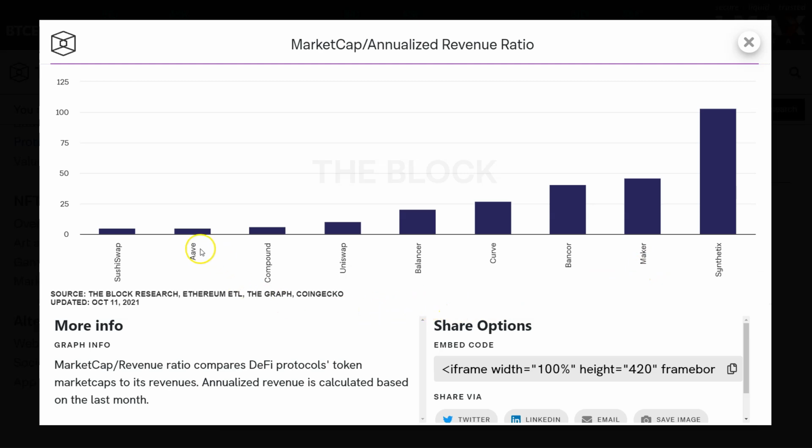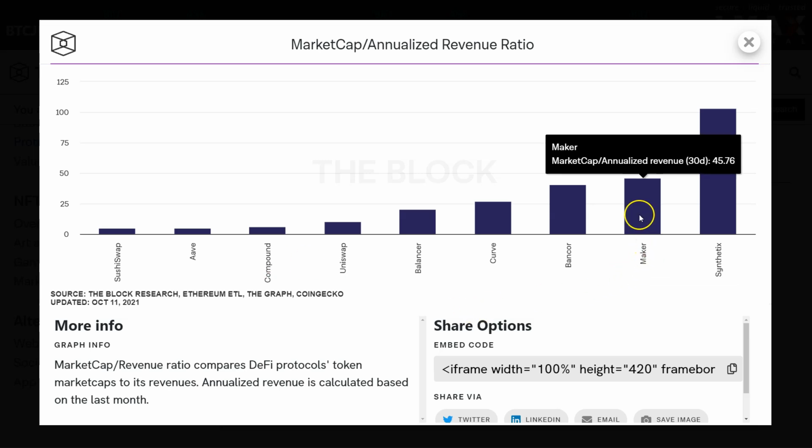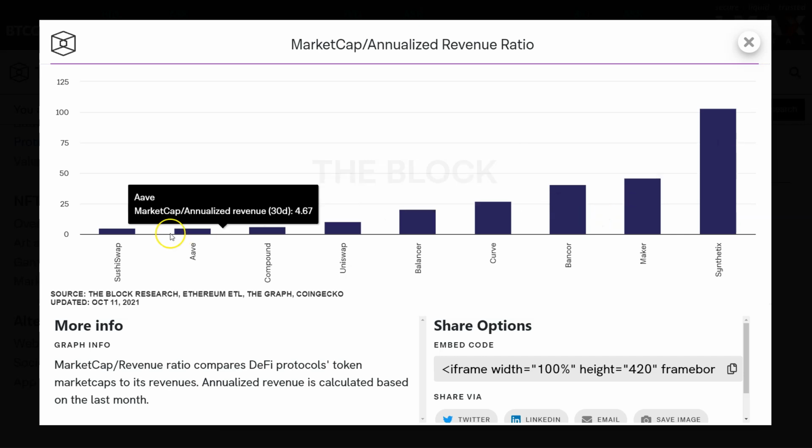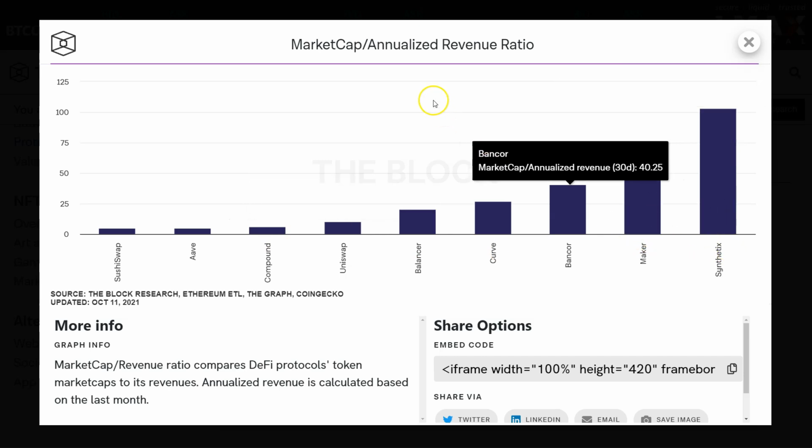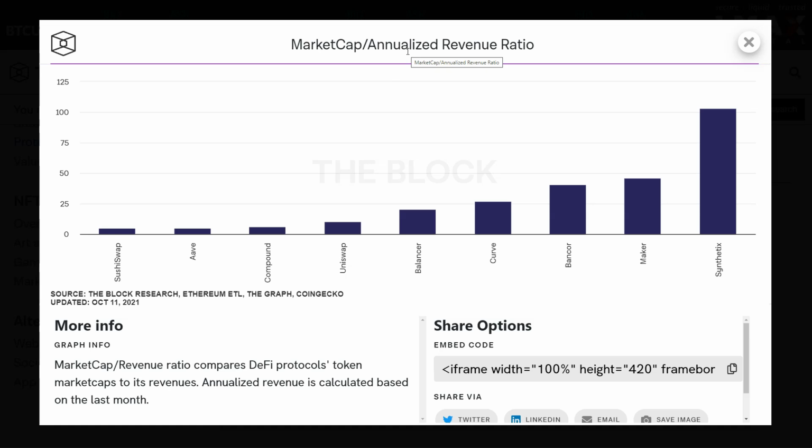I've said this for a while, but I think Aave and Compound, should the regulators bless it, will eventually have a stablecoin themselves. Why not? Why not just copy the Maker model? But at any rate, to see Maker at the higher end of this curve, it has a 45x multiple relative to its revenue ratio. So compared to everything else, that's abysmal. You're probably going to rather buy Sushi, Aave, or Comp rather than Maker or SNX if you're looking at PE ratio equivalent for DeFi.